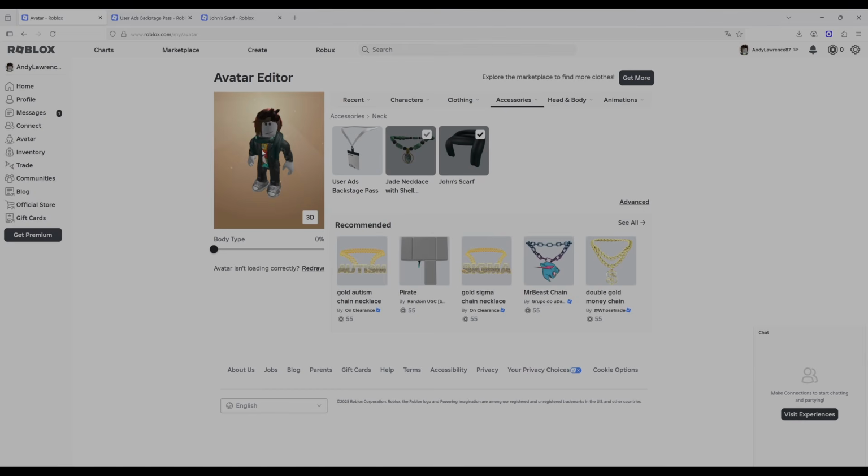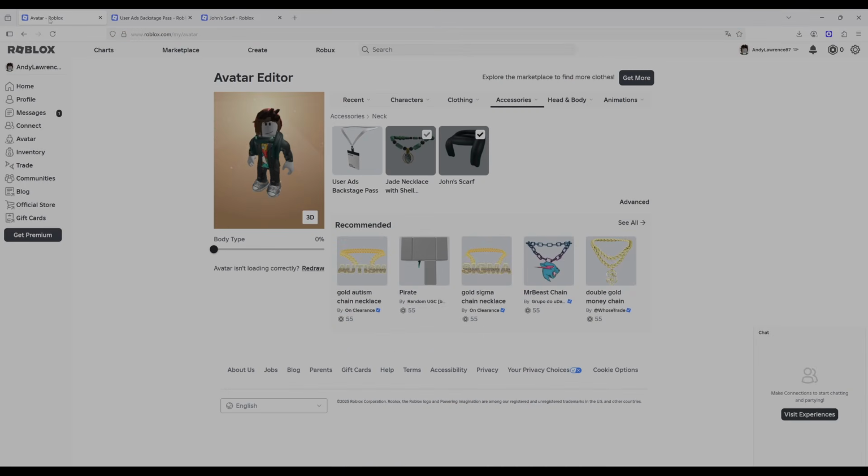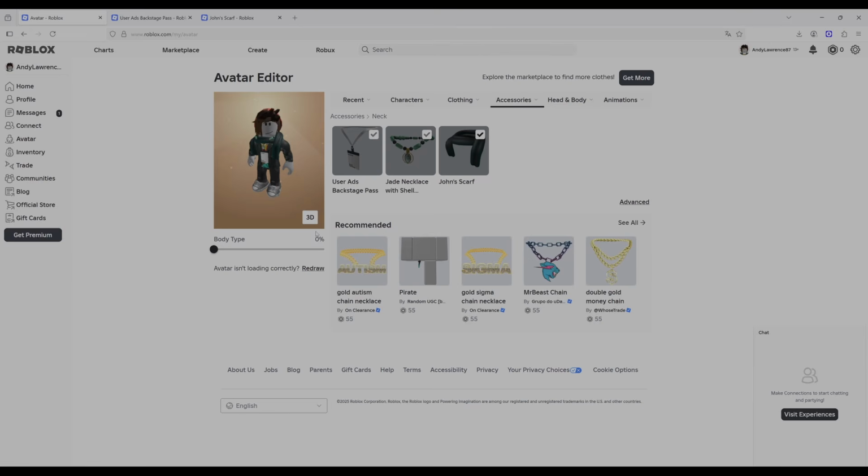As you can see, it has the jade necklace and also the Jones scarf, but I'm not happy. I want to equip also the user red's backstage pass. I do the same identical procedure. Right click, open in a new tab, copy the asset ID, go back in the avatar section, advanced, asset ID, right click and paste. Hit save, cancel. And now, as you can see, Jones scarf, jade necklace, and user red's backstage pass are all three equipped